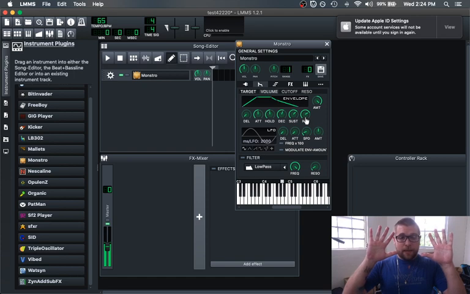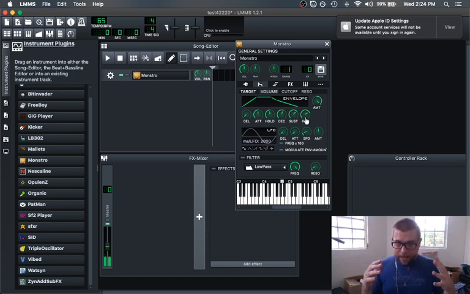I let go already, and it's still playing, right? We've created ourselves a nice long envelope. Pretty good. Good long envelope for now.